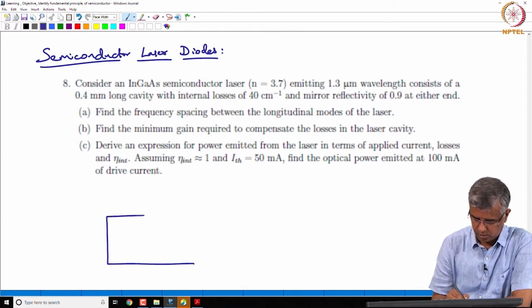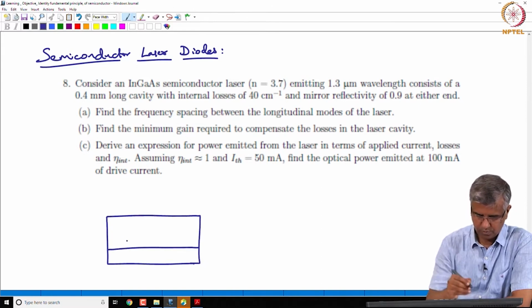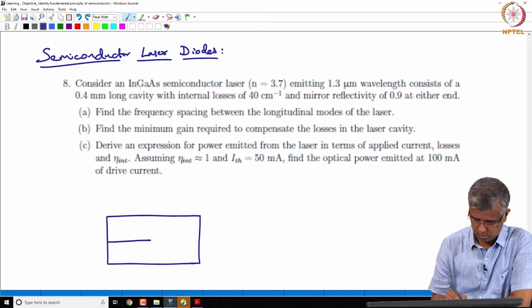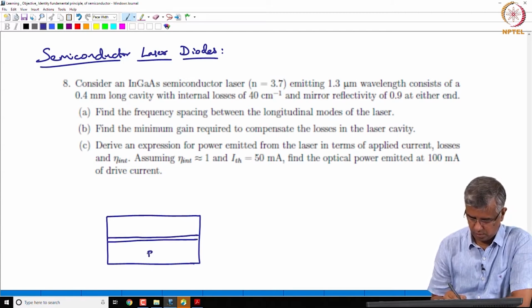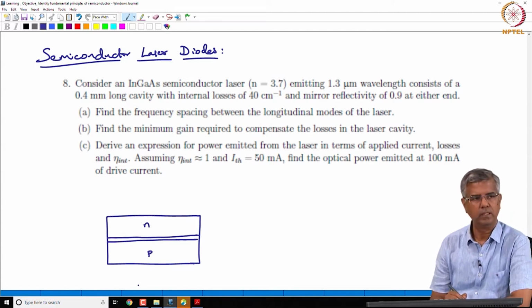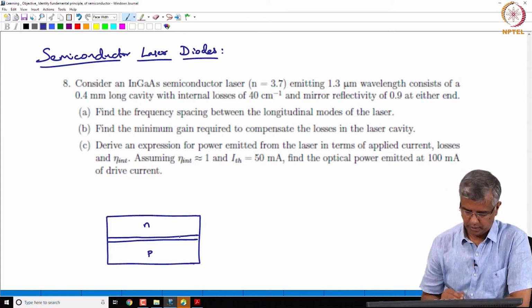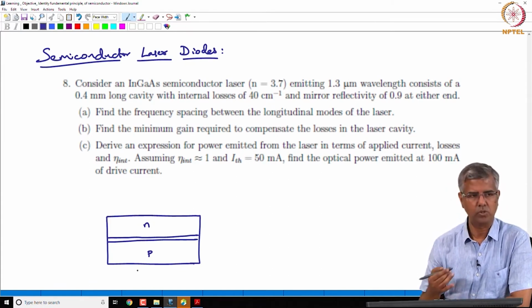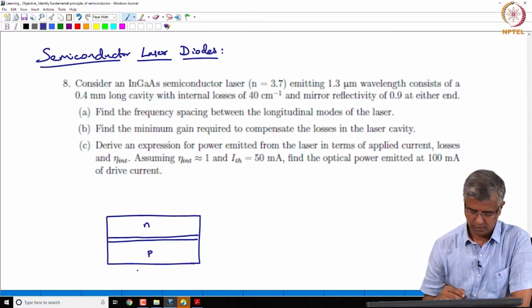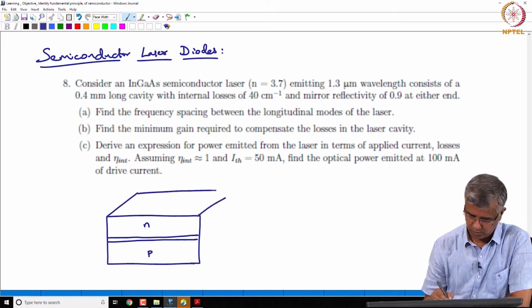So, we said we are going to have a double heterostructure consisting of a P region and an N region, and an active layer in between, which corresponds to a material with lower band gap energy, so that it accumulates all the carriers. And if I were to project this in 3 dimensions, just to give you a perspective of this,